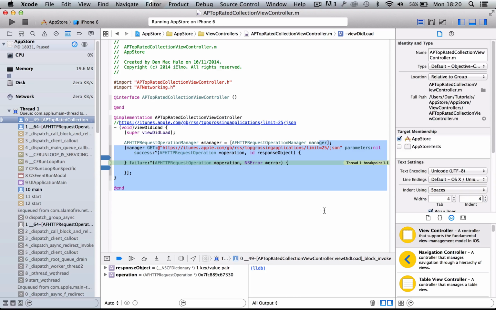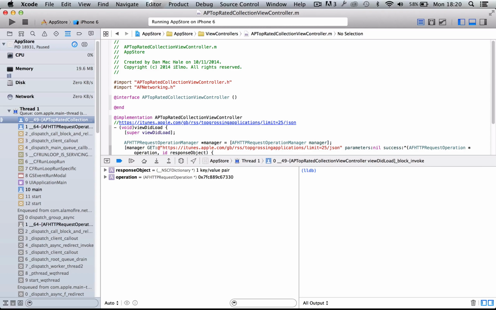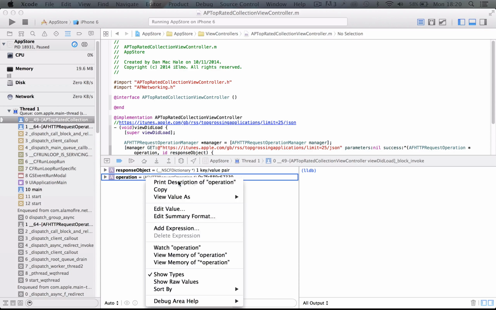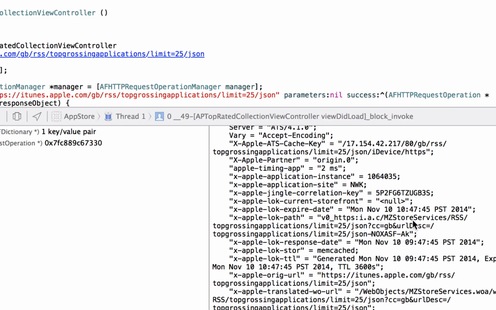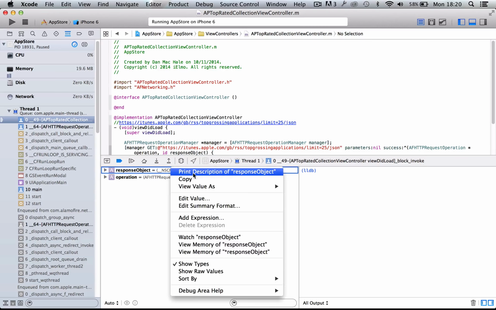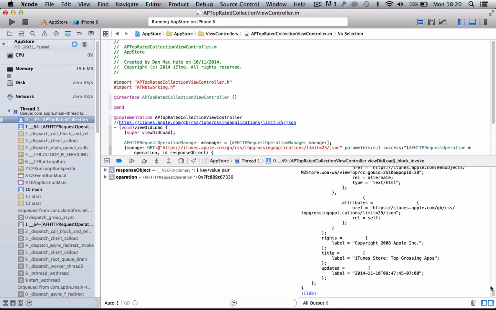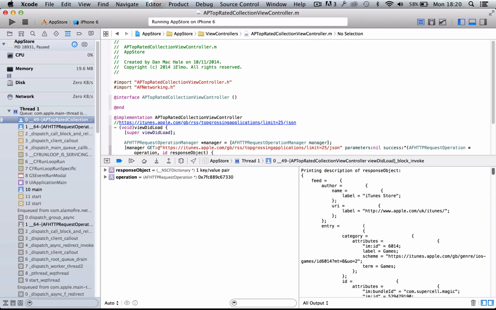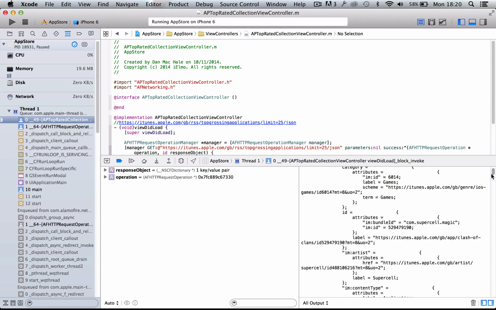Okay, so if you're wondering what has come back here, let's have a very quick look. The operation returns all the header information that we do not need in this instance, just showing you for the sake of verification. And response object, oh, look at that, look at all that information, so much. So this is a gigantic dictionary with one top level object, which is called feed, and then one, two,